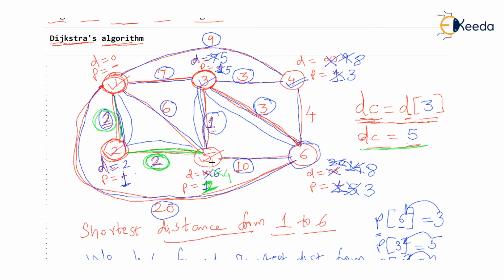Let's take the fifth vertex. You see, what is the direct distance from 1 to 5? Direct distance from 1 to 5 is 6. But the shortest distance from 1 to 5 is not 6, it is 4. How did we get it? 1 to 2 and 2 to 5, which is 4. Indeed, we have found the shortest distance from 1 to all vertices. Indeed, we have done that. And that was just a coincidence in this problem, isn't it?